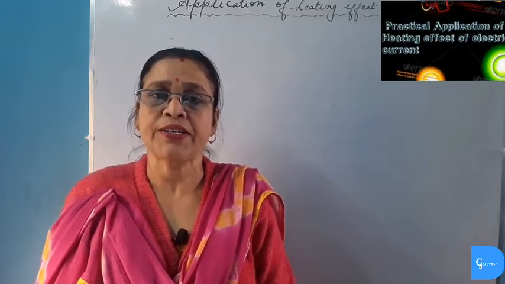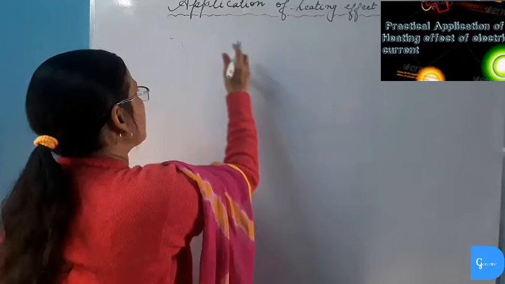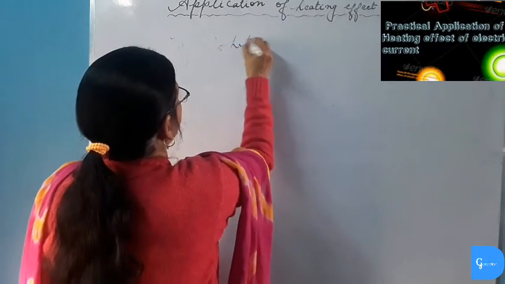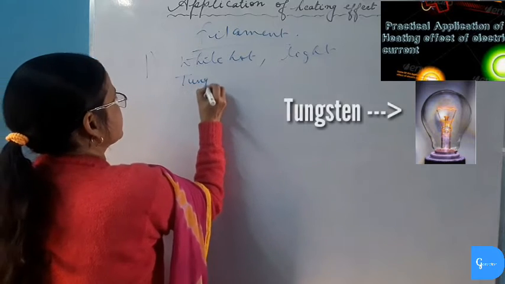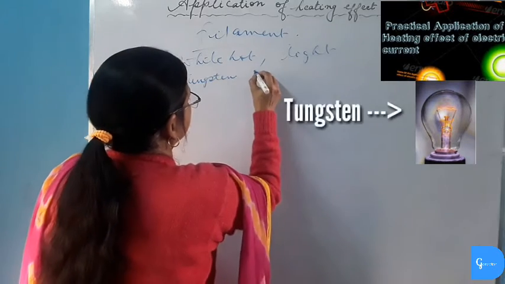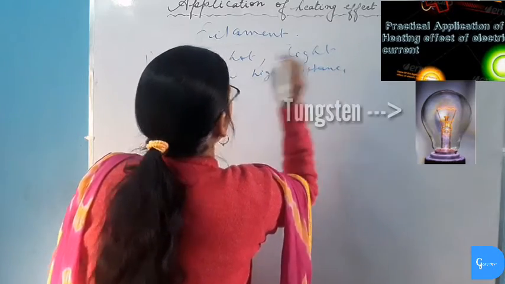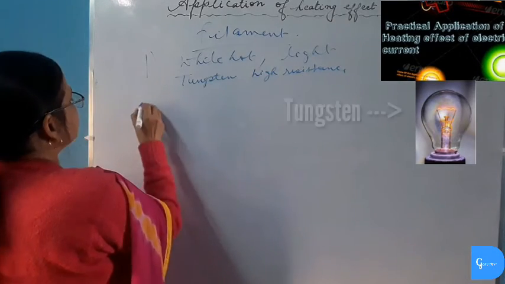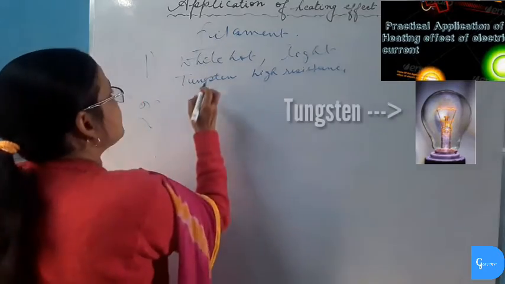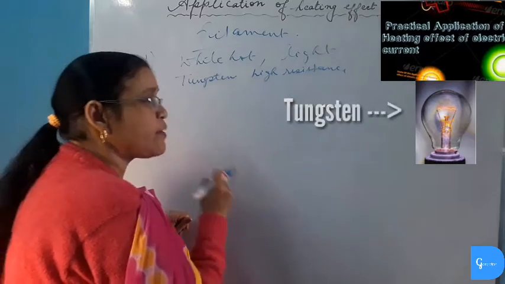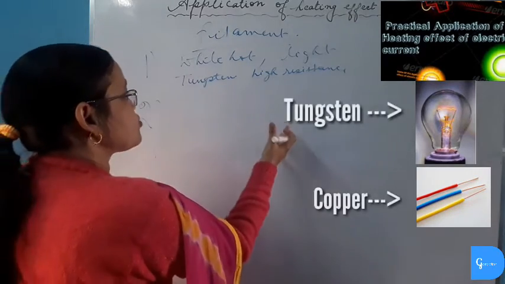Next question, it is asked why the filament of an electric bulb behaves differently from the other wire in the electric circuit. The filament is made of tungsten. When electric current passes through the filament, the bulb becomes white hot and emits light because tungsten has very high resistance. Whereas the connecting wire which is used to connect the bulb to the main supply produces negligible heat, and as negligible heat is produced, it does not become hot. As it does not become hot, it does not emit light.